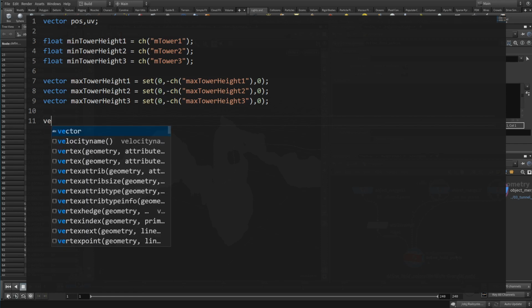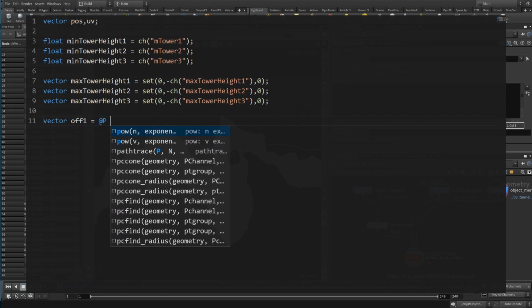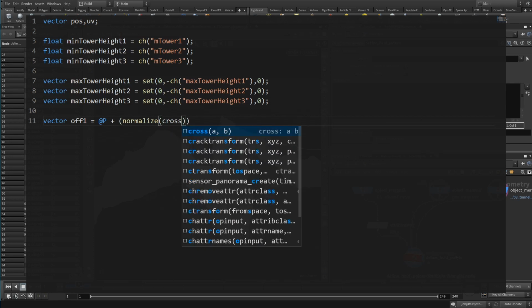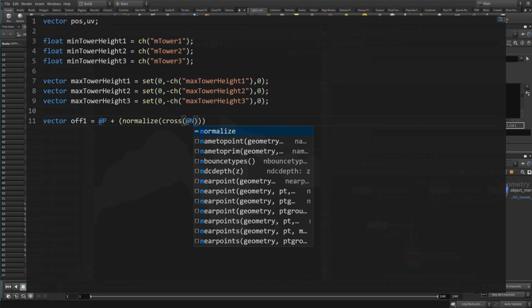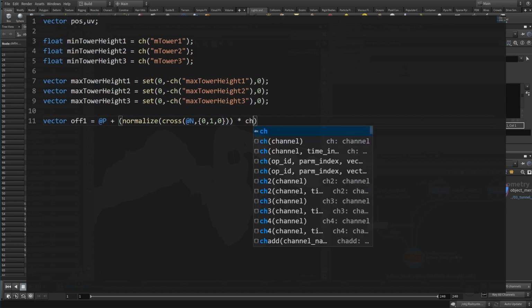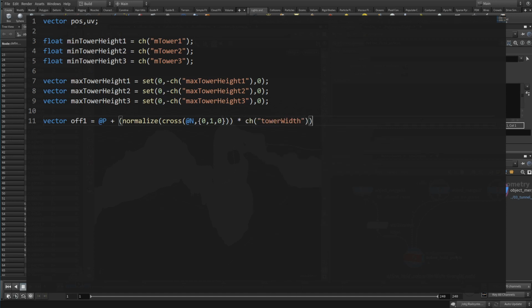We create two offset positions using the same approach we already used to find the leaning group. With a cross product of the normal and the up vector, we create two positions on each side of the curve. Remember to negate the second offset position with a minus in front of the normalize function. In the normal case, we will have a tower on each side, holding the rail. That's why we test the terrain closer to the point where the tower might end up.